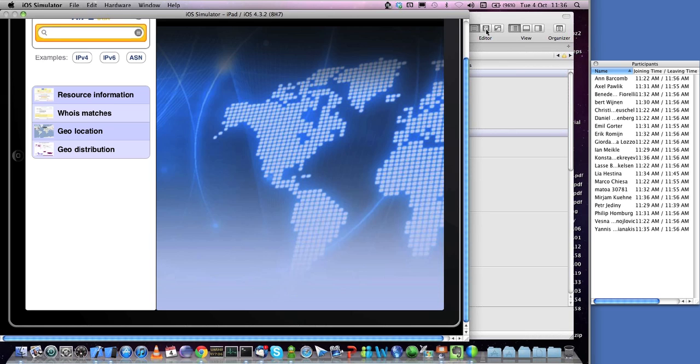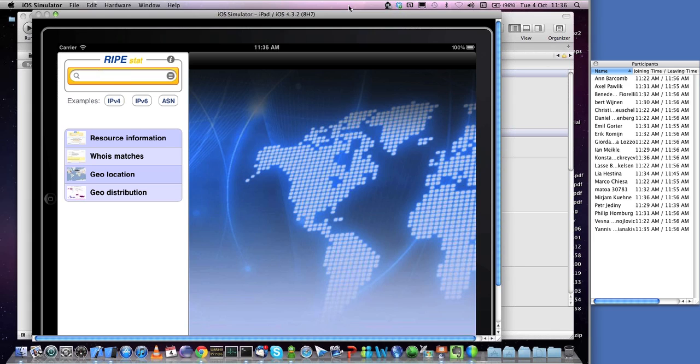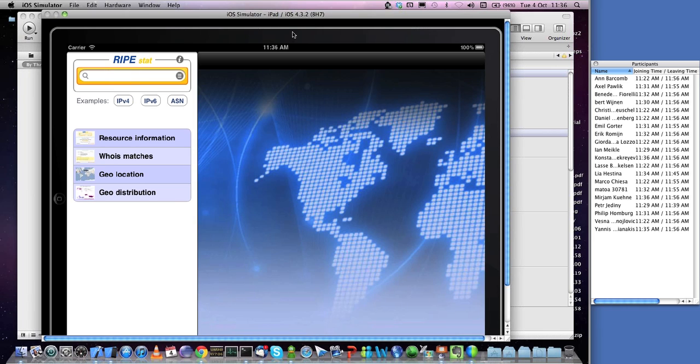Okay, so that we can have a look at all the windows. This is the menu view on the iPad. You see that you have a left-hand control pane where you have controls and you can submit your query, and a bigger content pane where you will see all the charts and views that we want to present. So I think we are going to start with an AS number.